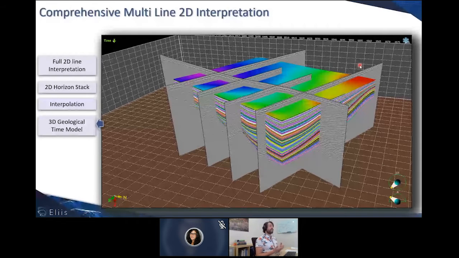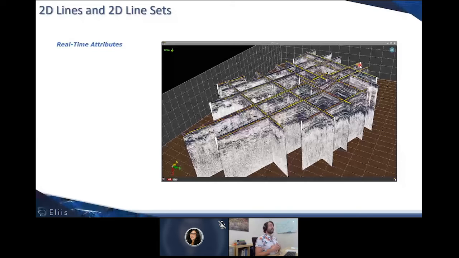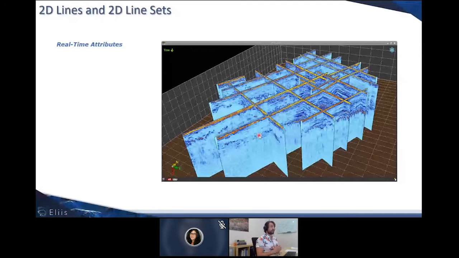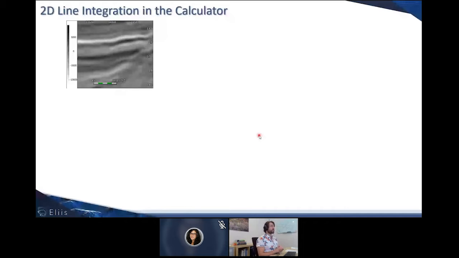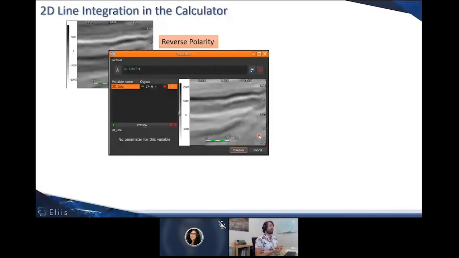So first, 2D lines can be conditioned, attributes can be created. For instance, real-time attributes, as is the case here with the envelope, as well as this other attribute, for instance, the sweetness. For more custom attributes, a calculator implemented in PaloScan enables the use of 2D lines as a variable towards the creation of, for instance, reverse polarity data, as well as any kind of other attributes such as custom constant gain. The default gain of PaloScan is a coefficient